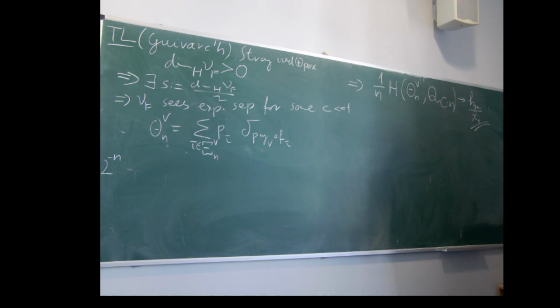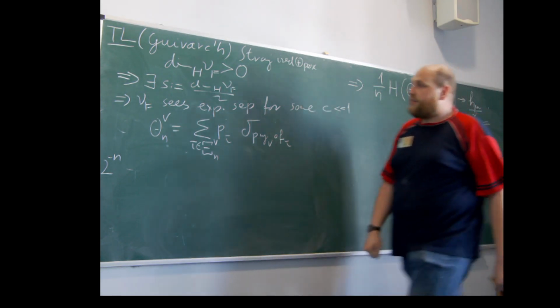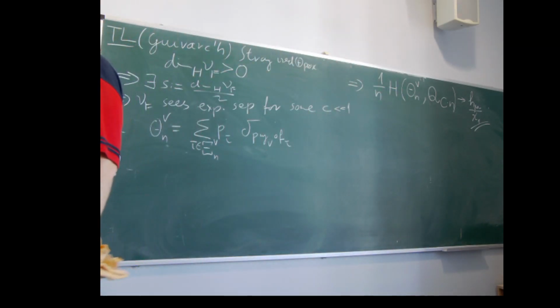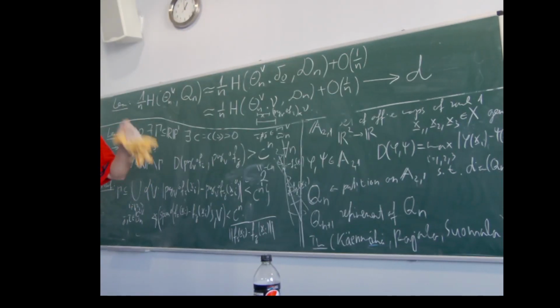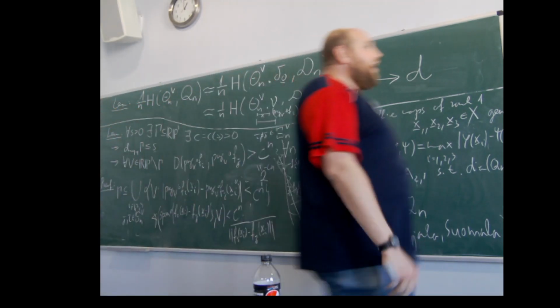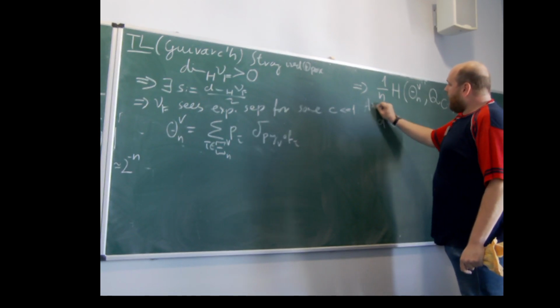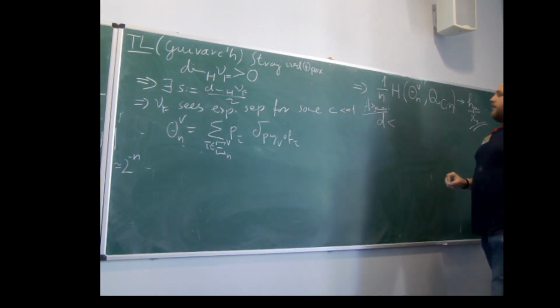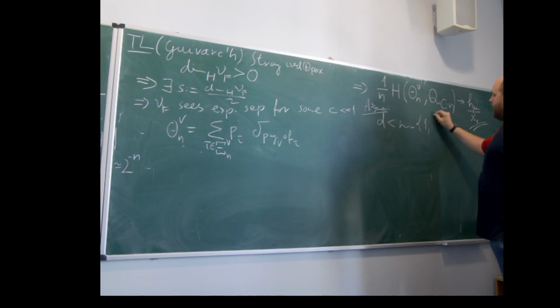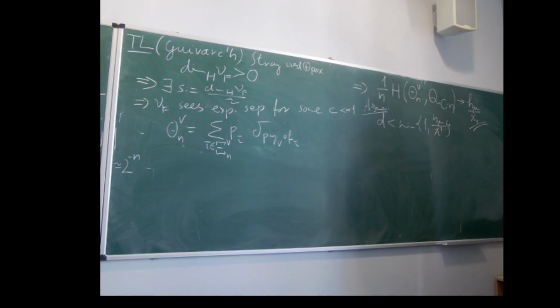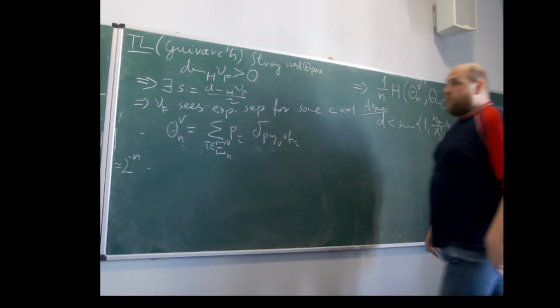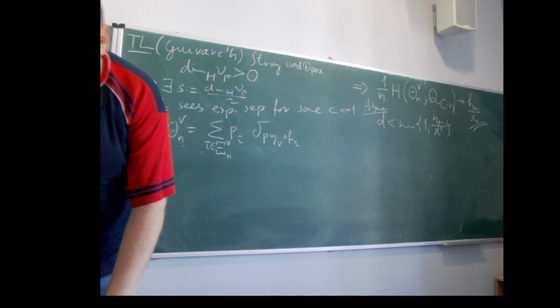Okay, and what do we want? We want that this guy is equal to that guy. And we cannot always get what we want, so let's assume that this is not the case. Let's assume that this D, what we want, is strictly smaller than this minimum of the entropy over Lyapunov exponent. Well, if it's strictly smaller, then